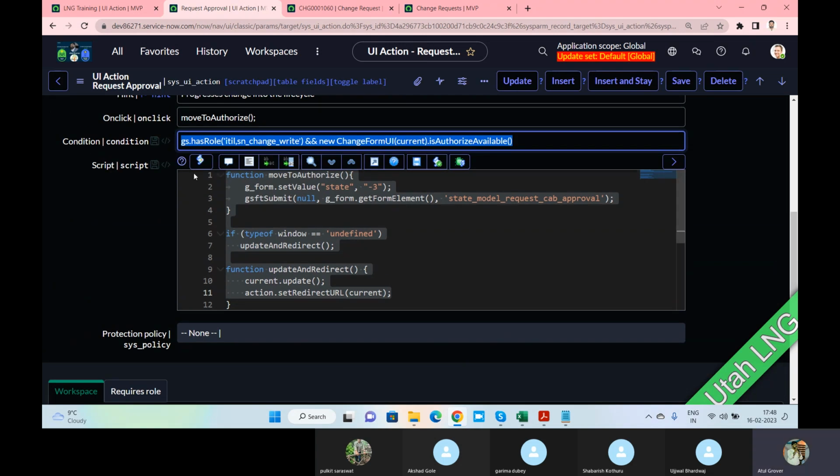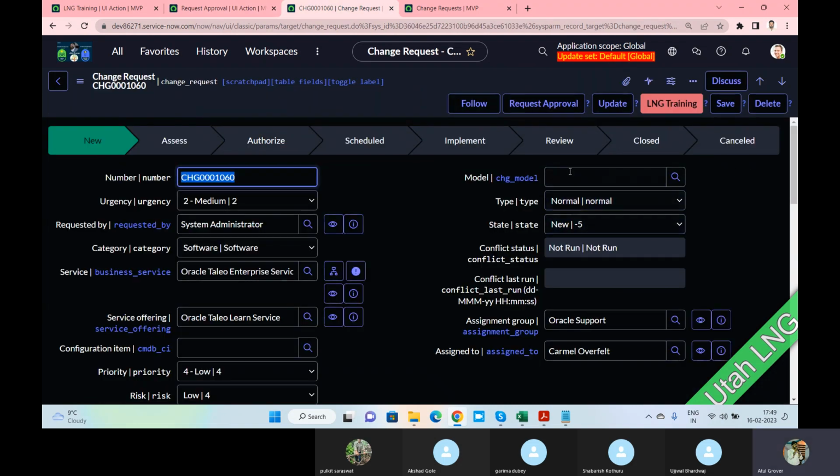So this thing, move to authorize, and under this you have a condition: gs.hasRole. GS is glide system, it is server side scripting. Has role ITIL, SN change right, means any user who has any of these two roles, and new change from UI current is authorized available, means on the current change record, if in the background flow the assess authorized, sorry, not here, it should be here, assess authorized like this, because it's a normal change, so it's showing like this. Only then